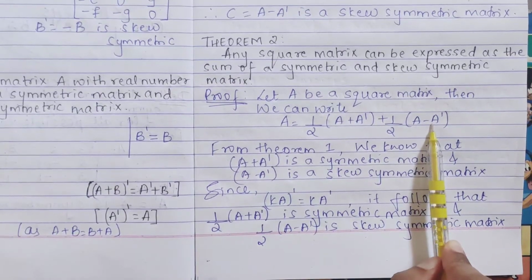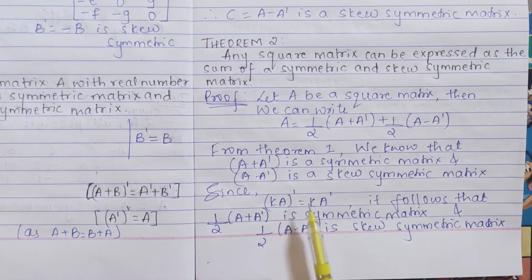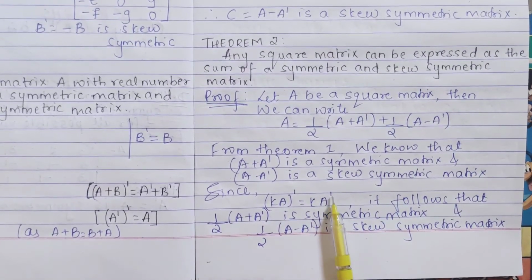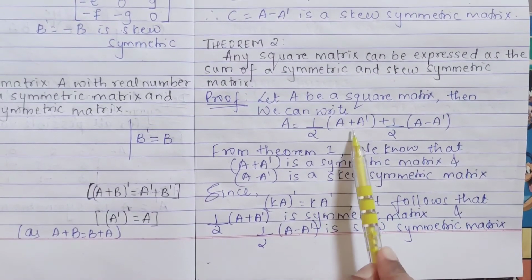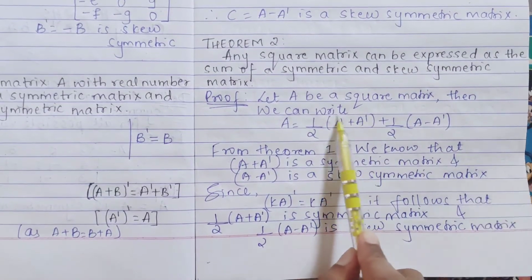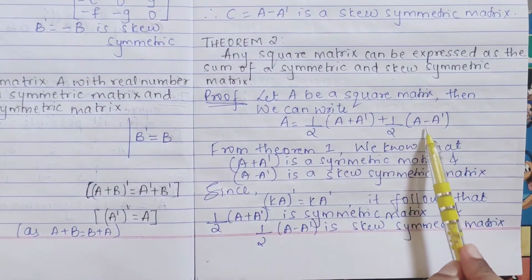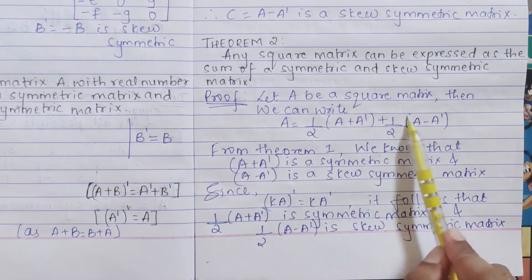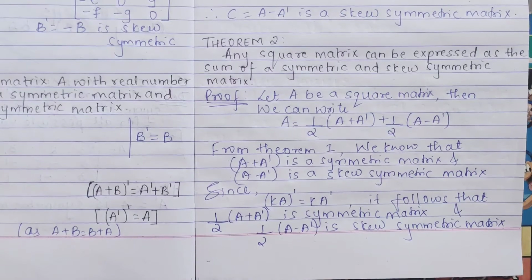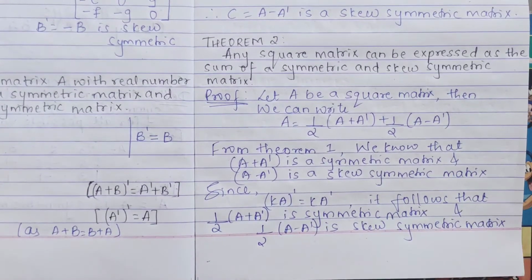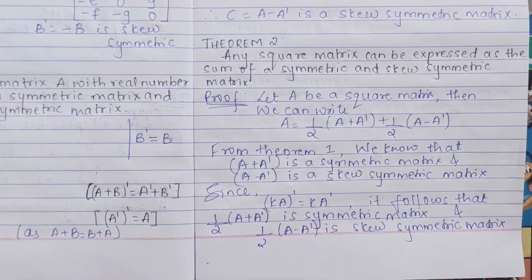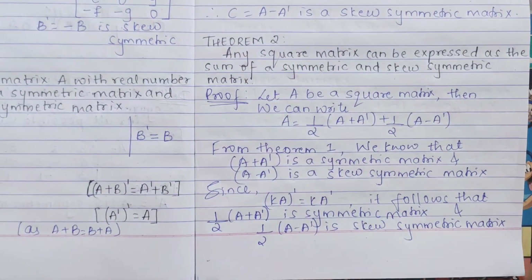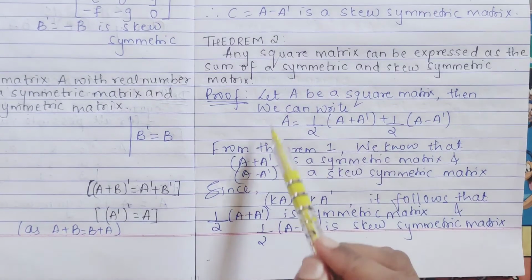And you have one more property, that is K into A matrix, K into A transpose is equal to K into A transpose. So if this is symmetric, then this whole term will also be a symmetric matrix. If this is a skew symmetric matrix, this whole term will be a skew symmetric matrix. So only these sentences we have written. In this theorem only sentences you have to write. There is no such proof as the previous one, because it is only an extension. Only this is like a formula type for you.